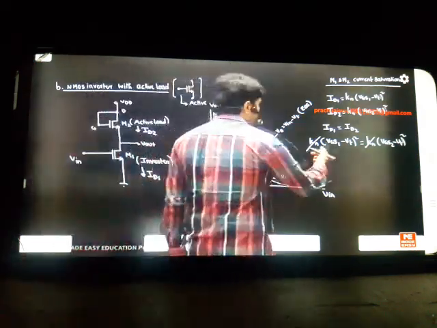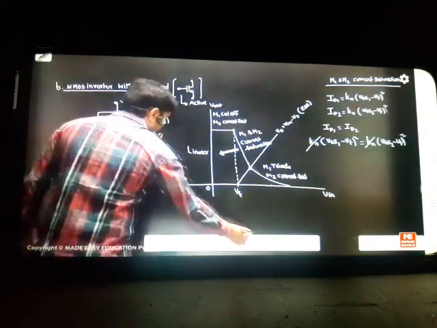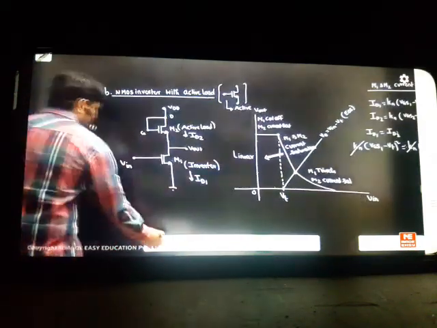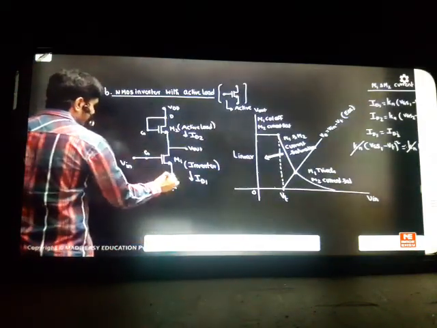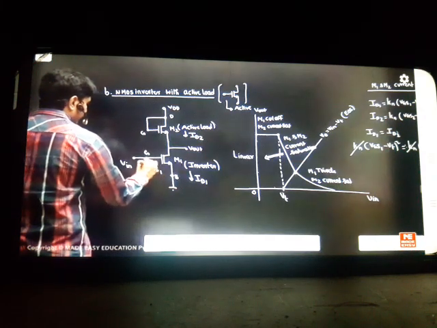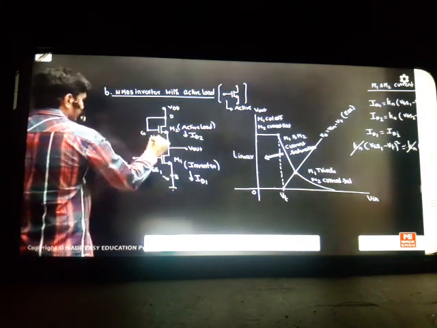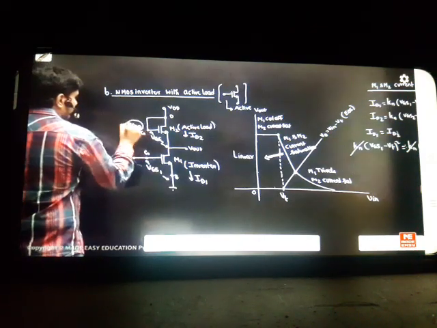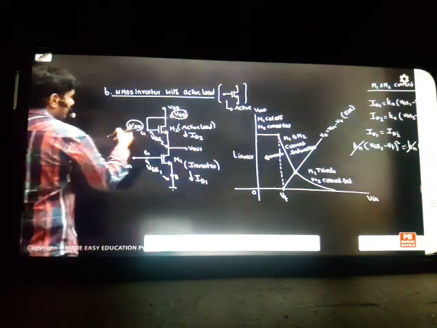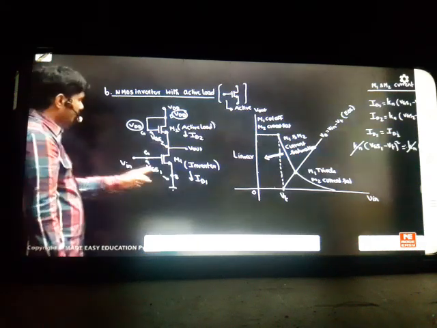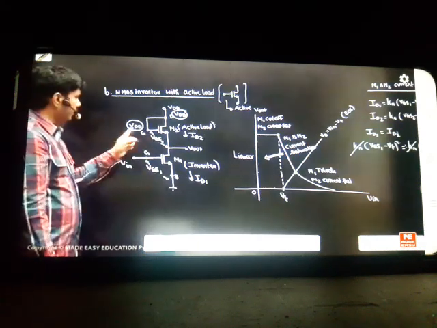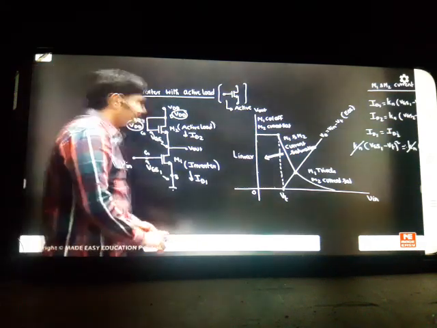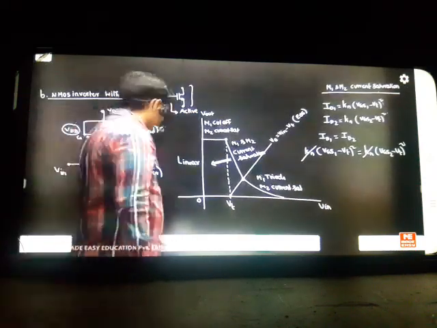That logic is simple. So what is VGS1 here on the board? Carefully see what is VGS1 and what is VGS2. Here, this is your gate, this is your source. We'll take this as VGS1. This is VGS1, and this is VGS2. What is VGS2 here? This point I can take as VDD, because this is VDD. VDD minus V0 is VGS2. So VGS1 we can write as VIN, and VGS2 we can write as VDD minus Vout. So that point we are writing here.